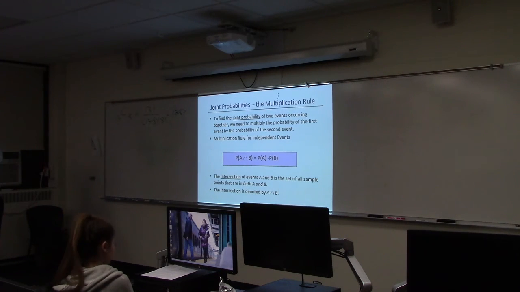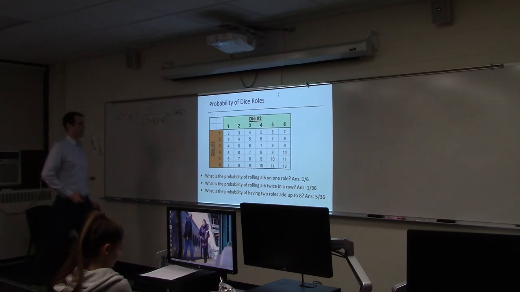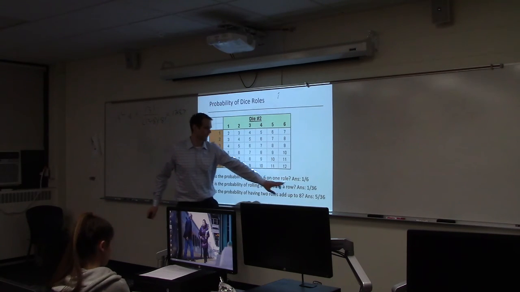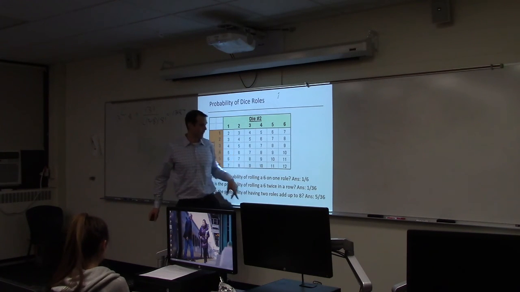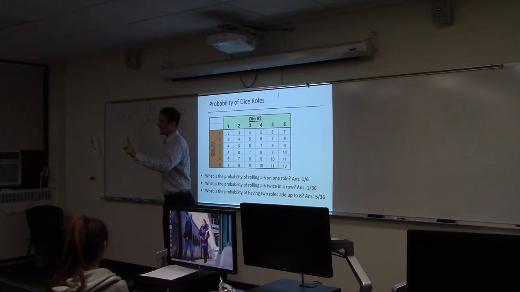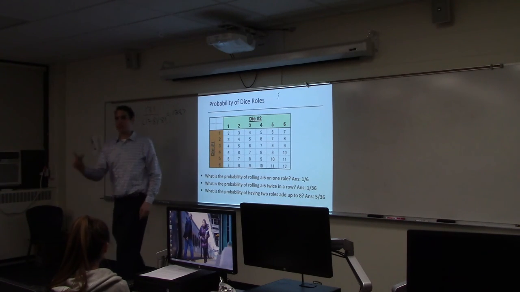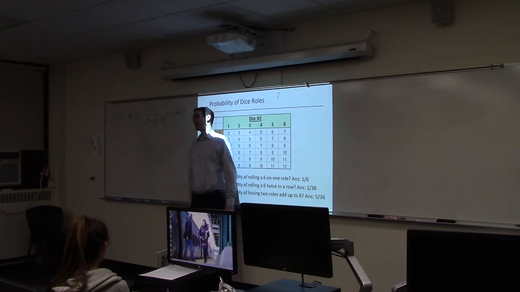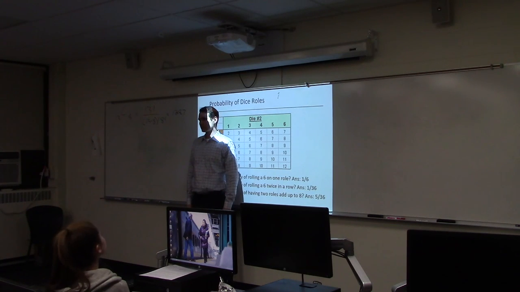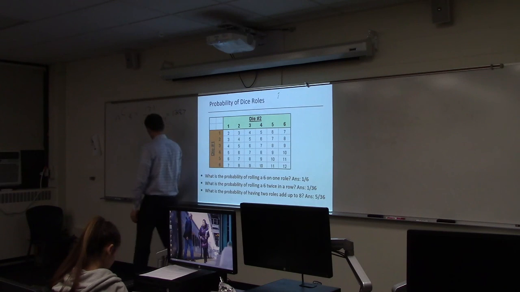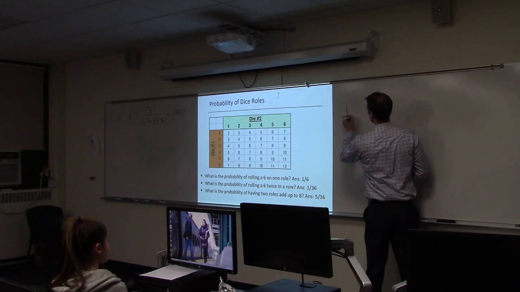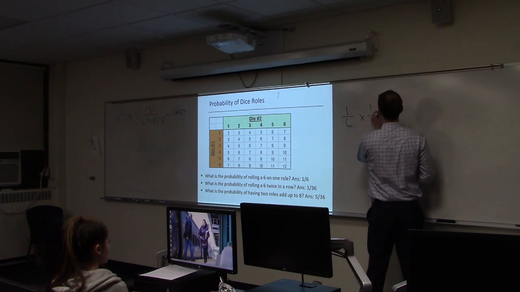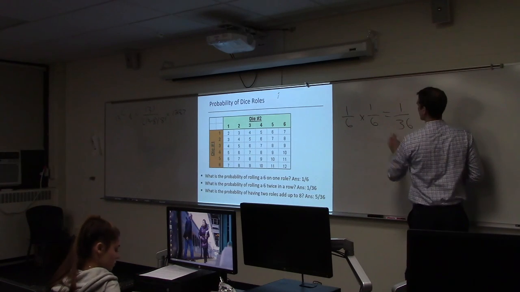All right, somebody mentioned earlier that there's this multiplication rule. So instead of saying, what's the probability of getting a 6 twice in a row, instead of calculating all 36 possible outcomes, I can look at what's the probability of getting a 6 one time, what's the probability of getting a 6 the second time. They're both 1/6. I can multiply those together and get 1 over 36. I'm going to show you this on the slide. I just wanted to give you a preview. So 1/6 times 1/6 equals 1 over 36. You just multiply the